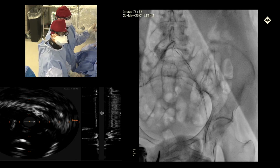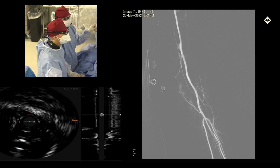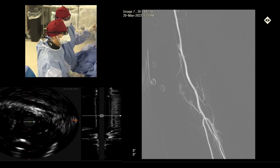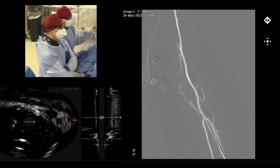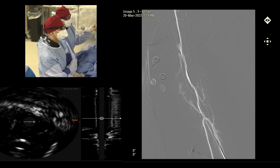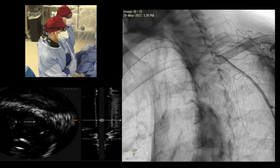Micropuncture, making sure it's spinning. It's a lot of disease in there. And then I had a little resistance with my J-wire, so I just did an angio. It looks beautiful here from the arm. And then as I went forward, I used a versicore wire to be able to traverse. And I thought, great, we'll be able to come from above. And I kept hitting resistance. And lo and behold,